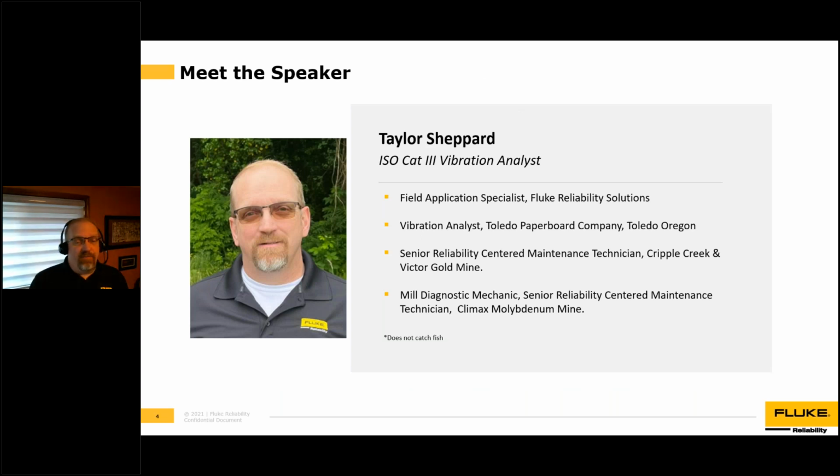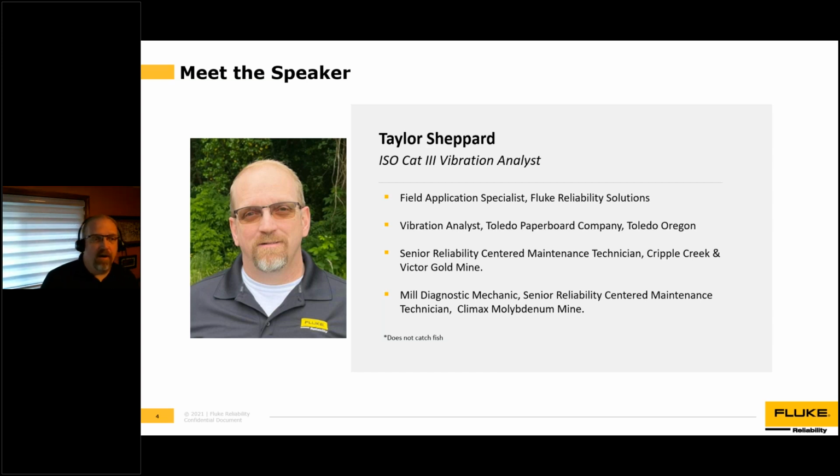As we said previously, my name is Taylor Shepherd. I'm a Cat 3 vibration analyst. A little bit about myself. In 2008 or so, I stopped doing the dumb stuff and got a job in industrial manufacturing. Took a few welding courses at the Community College of Denver and worked for the Boilermakers out of Denver. They didn't work me enough to keep me busy, so in 2012, I started at the Climax molybdenum mine as an entry-level mill maintainer. I worked there for several years, working up to a mill diagnostic mechanic in the molybdenum